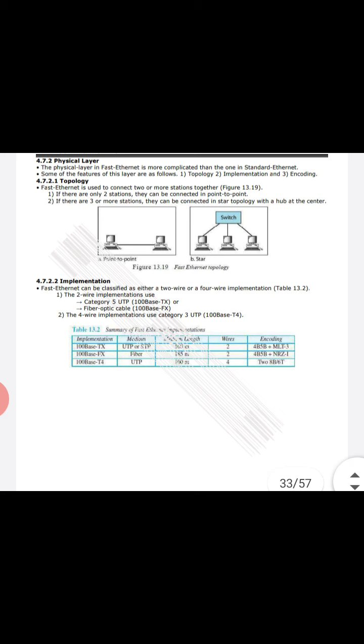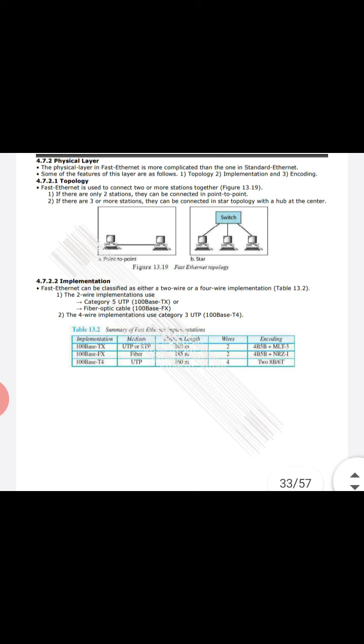Topology: Fast Ethernet is used to connect two or more stations together. If there are only two stations, they can be connected point to point. If there are three or more stations, they can be connected in a star topology with a hub at the center. Let us see this in the example. First is the point-to-point topology, and second is the star topology.